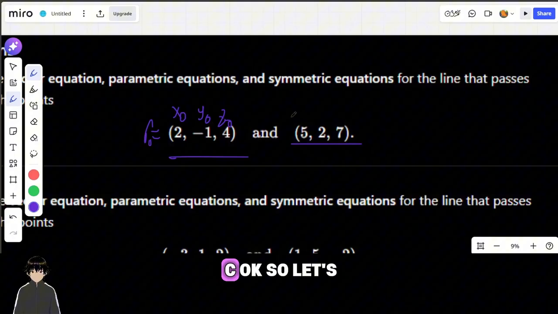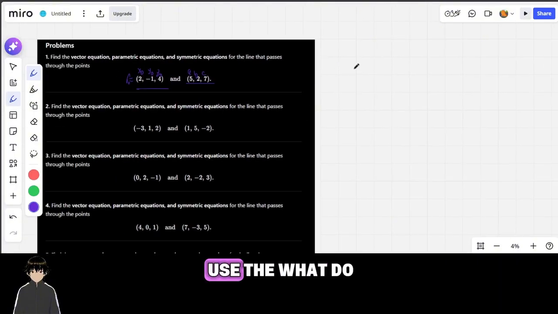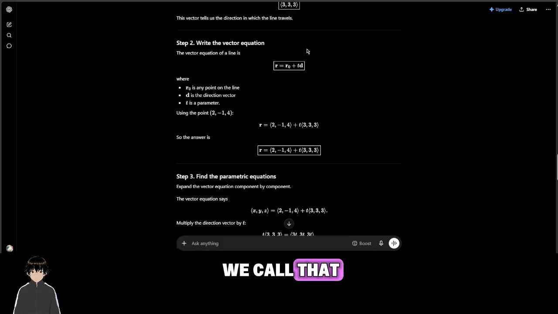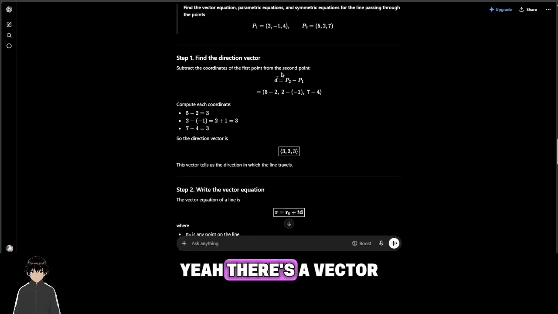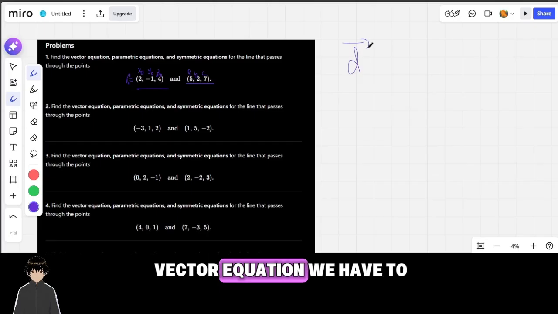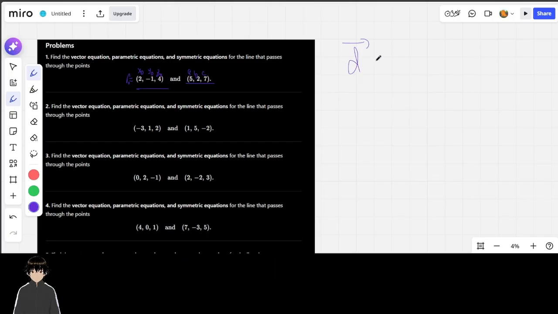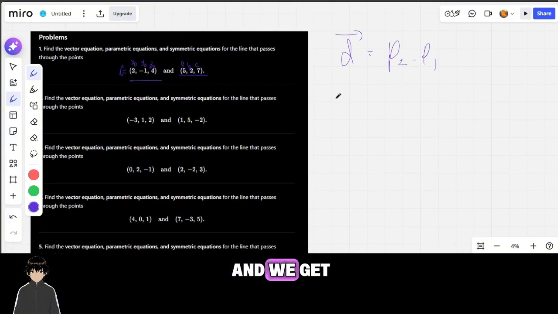This is A, B, C. And to find the vector equation, we have to subtract the points. So P2 minus P1, and we get